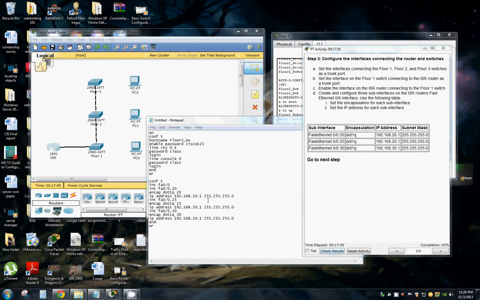So here I've typed the code. Conf T, we're going to interface FA0/0, and then we're going to make a sub-interface, FA0/0.20. Make sure the encapsulation is dot1Q, and it's 20. The IP address is 192.168.20.1, 255.255.255.0, and then